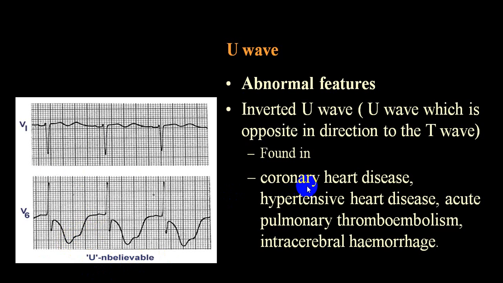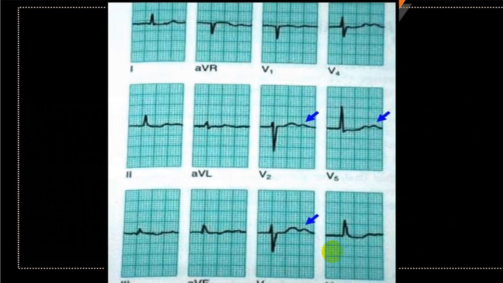And that is in a case of coronary artery disease. Also, you can get a U wave inversion in hypertensive, acute pulmonary embolism, intracranial hemorrhage also. So you get bizarre T wave inversion very frequently in intracerebral hemorrhage, which is non-ischemic. You can see here U wave appearance. So U wave appearance, do look for, have a good clinical history, and then you can interpret what is the importance of a U wave.